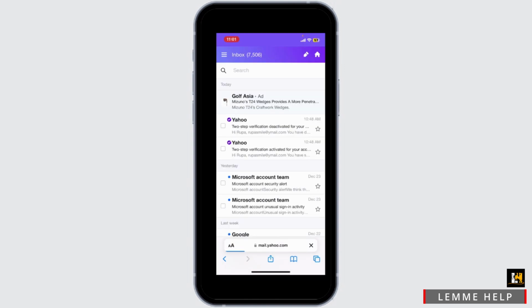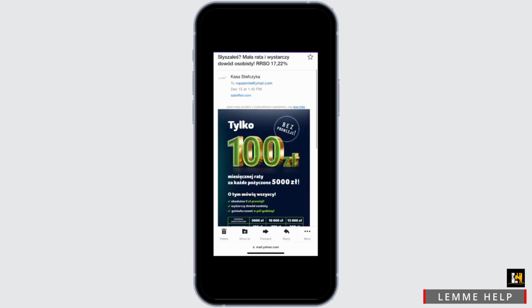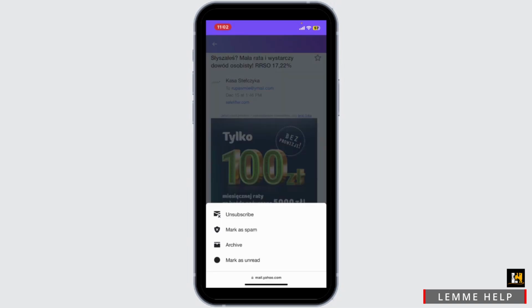From there, you'll need to select an email from the sender you would like to block. After you open up the email, tap on the More button at the bottom right hand corner, and from the pop-up, tap on Unsubscribe. Soon after you do that, you'll not be receiving any kind of email from that person. So that is how you will be able to block senders on Yahoo Mail